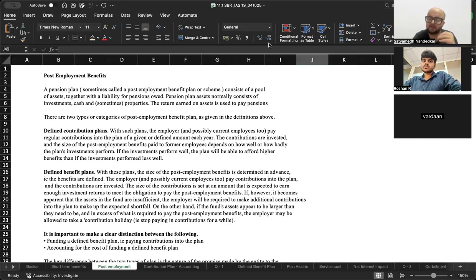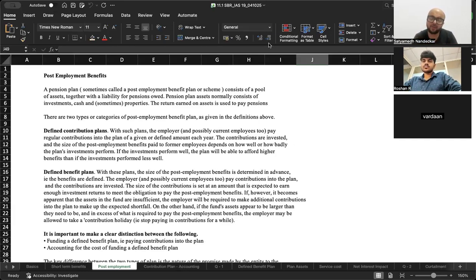And then when you reach the fag end of your work life at the age of, say, 60, for example, then all that money that has been accumulated, they give that money back to you. That is the idea of a defined contribution plan. Now, because they invest in different types of assets, the returns may vary from year to year, and the final benefit is not known. But you know exactly how much contribution is happening every month.